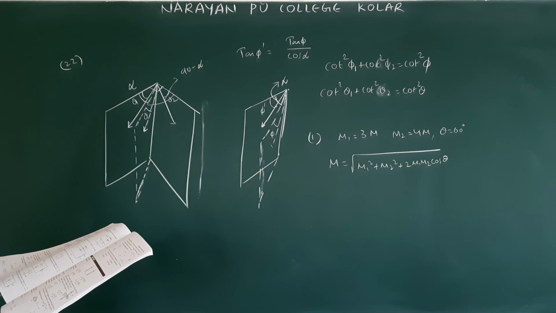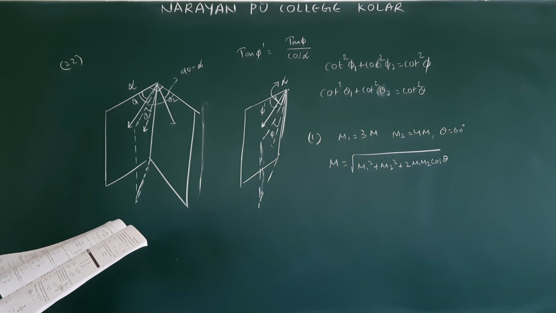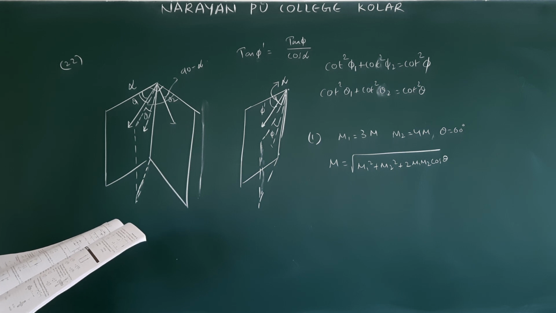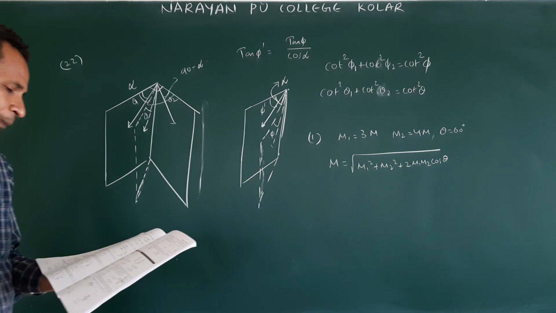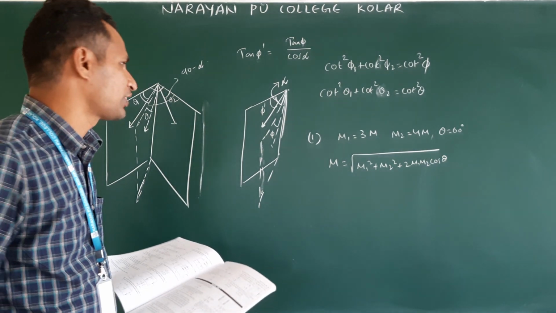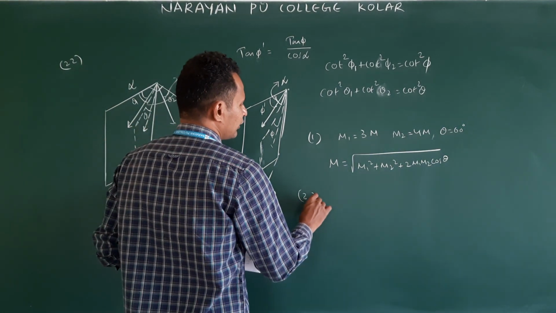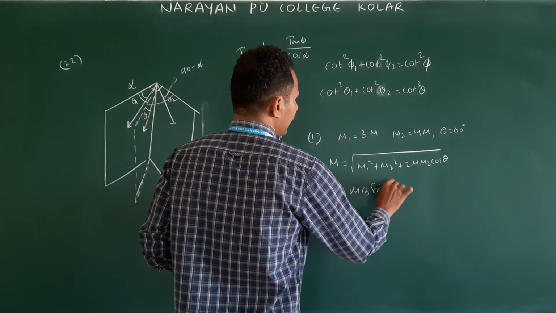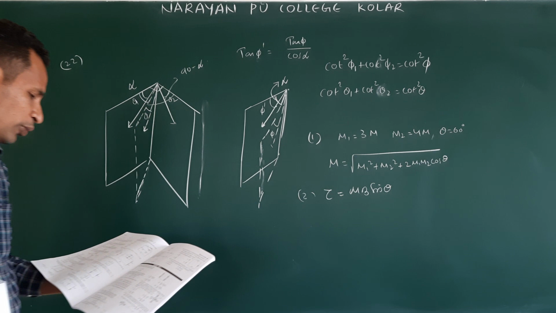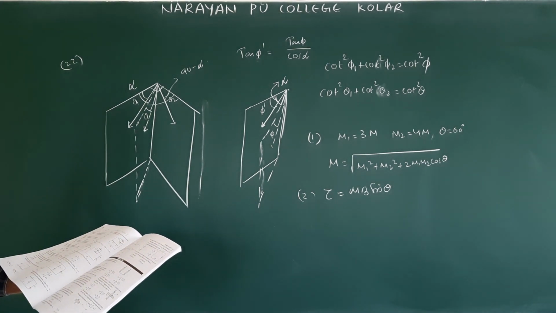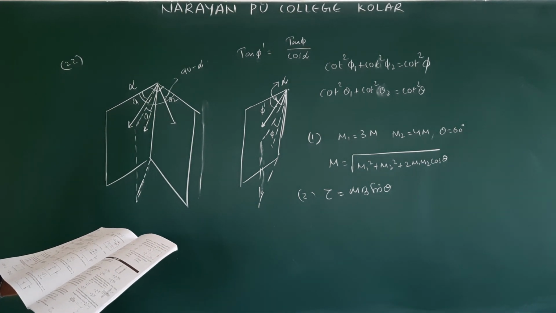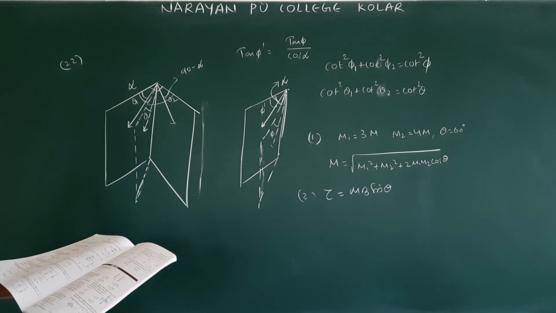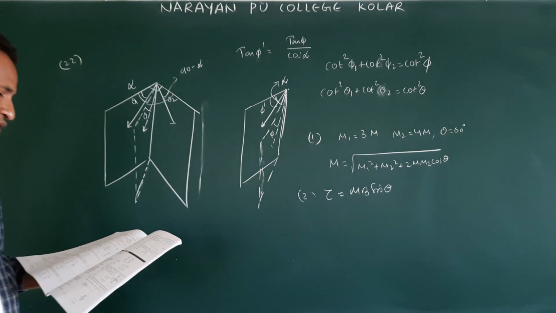Next, second: the magnetic moment of a magnet is 2 ampere meter square, suspended in a magnetic field of intensity 30 microtesla. The couple acting on it when deflected by 30 degree. Very simple. Couple and torque are both the same. In the second question, they are asking torque. Torque is equal to mB sin theta. Magnetic moment given, 2 ampere meter square, magnetic field given, 30 microtesla, and angle given, theta. So this is a direct question, no problem.